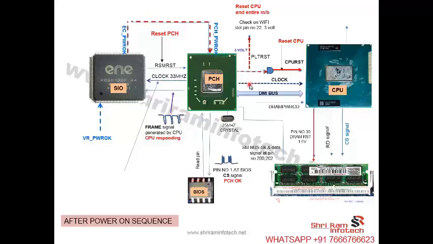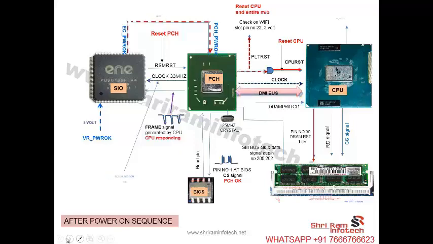from the PCH, and this clock you can check on SIO, that is called LPC clock, that is 33 megahertz. With the help of an oscilloscope you can check this clock here, LPC clock, that is 33 megahertz. And if this clock is coming, that means PCH has started generating the clock frequency. So now CPU got the reset, CPU got the clock, and then CPU is ready to access this DMI bus, this